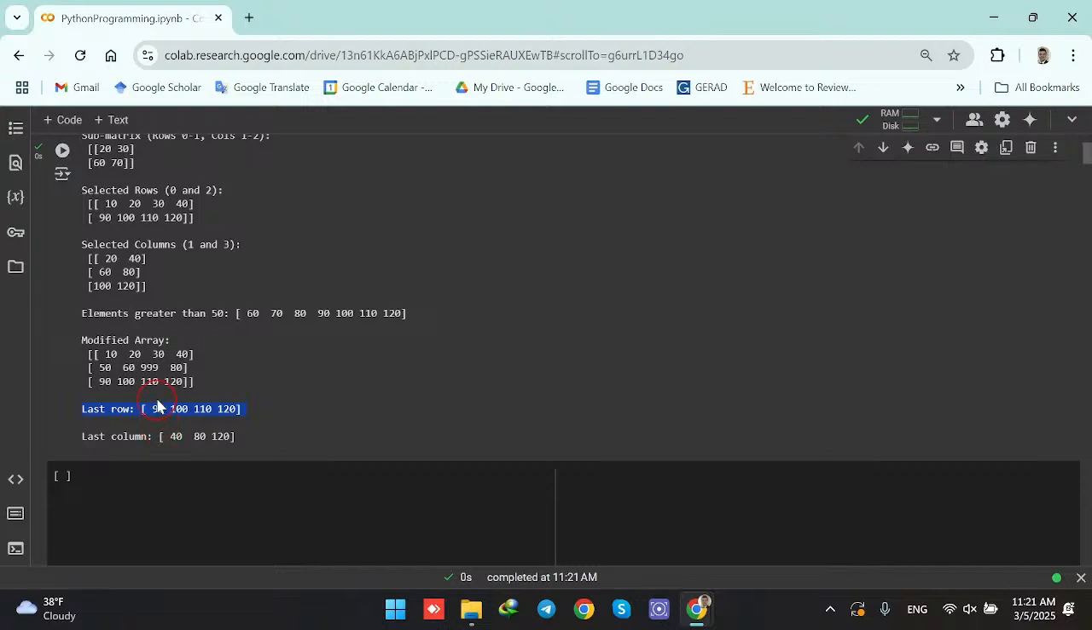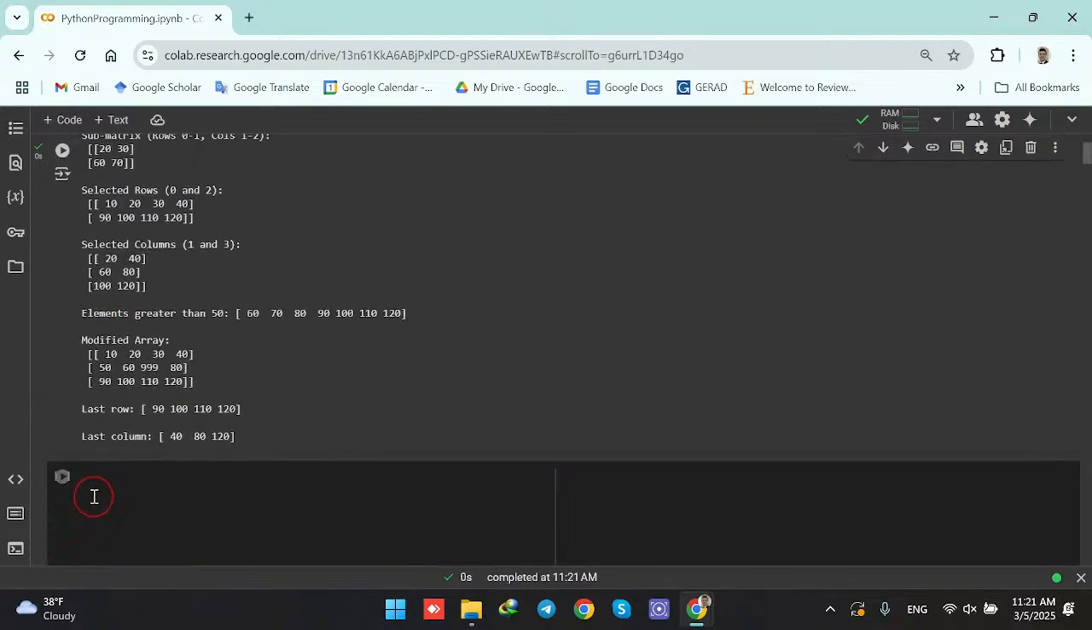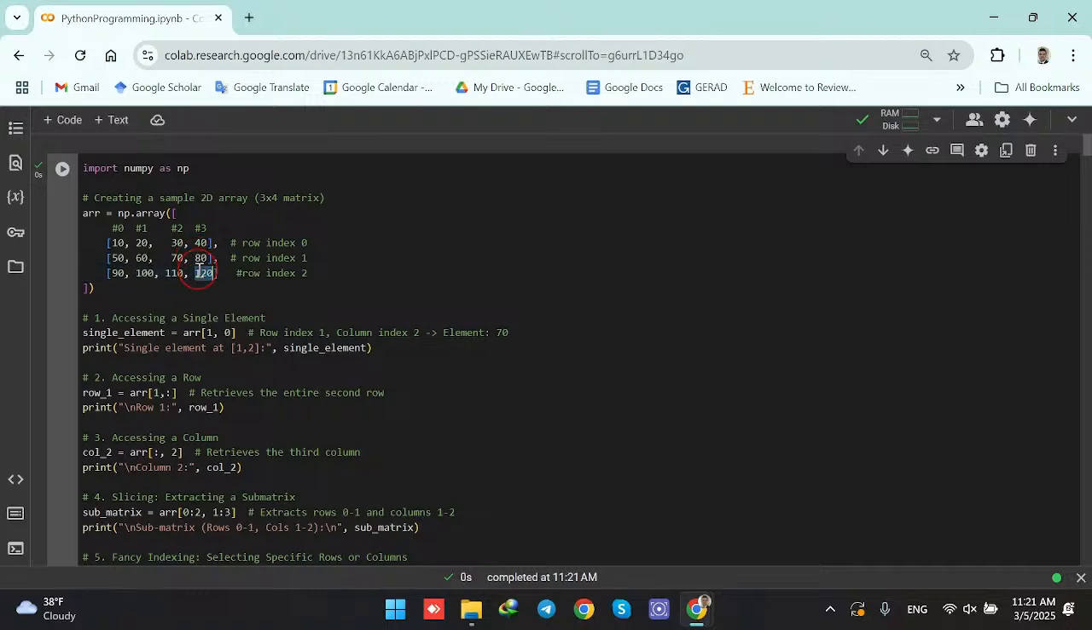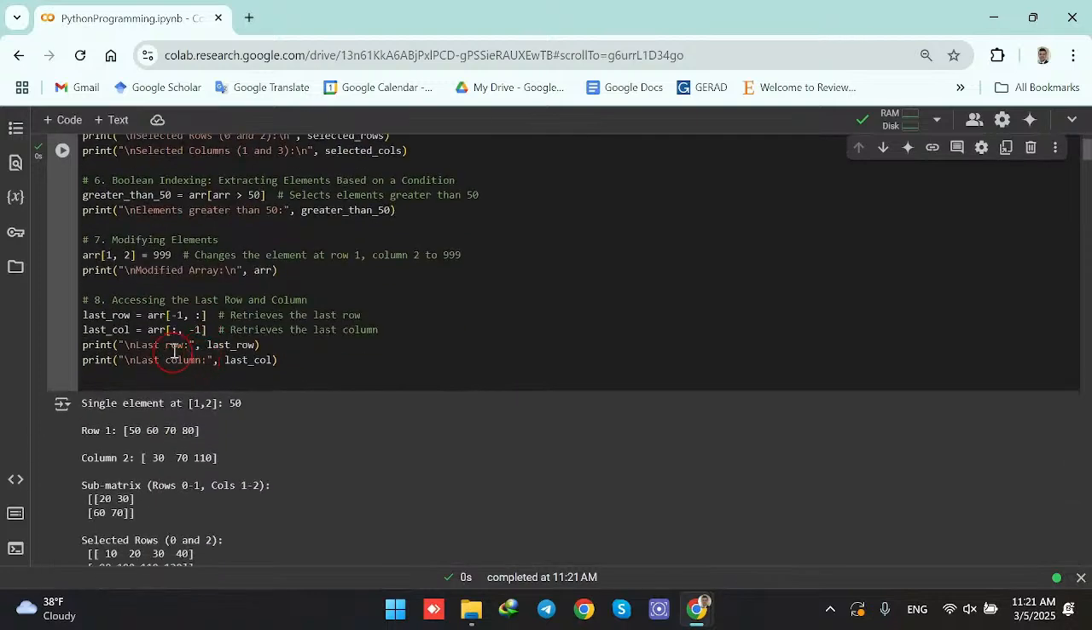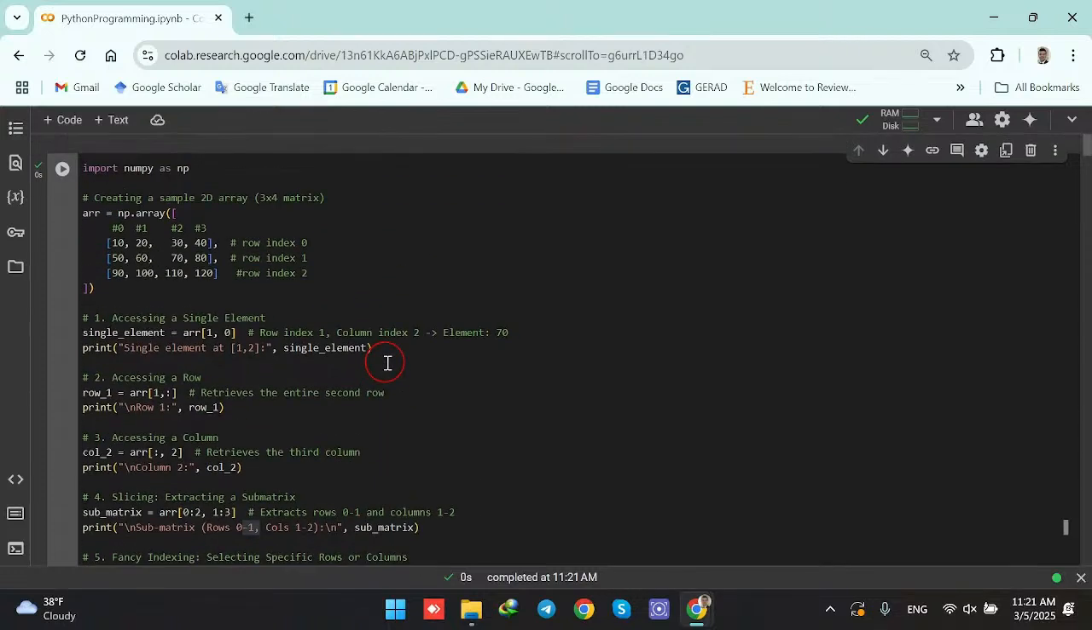Here we see that we are having the last row. The last row is from 90 to 120. So we see from 90 to 120. And we are having the last column, from 40, 80, and 120, being printed in the output using negative indexing. So in this video, we learned about accessing a single element in a two-dimensional array, or let's say